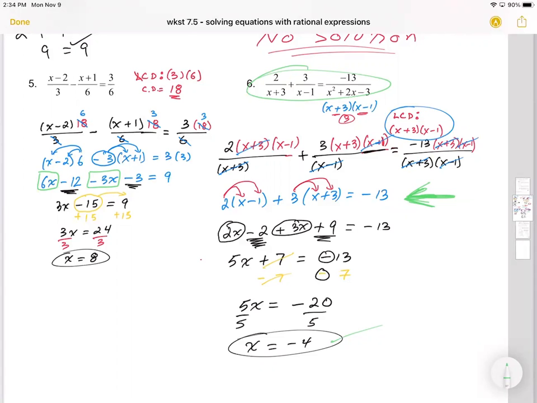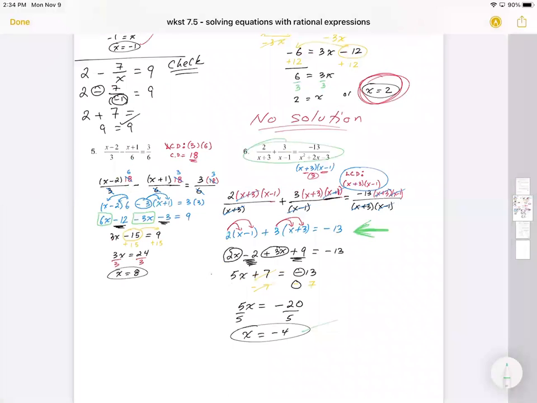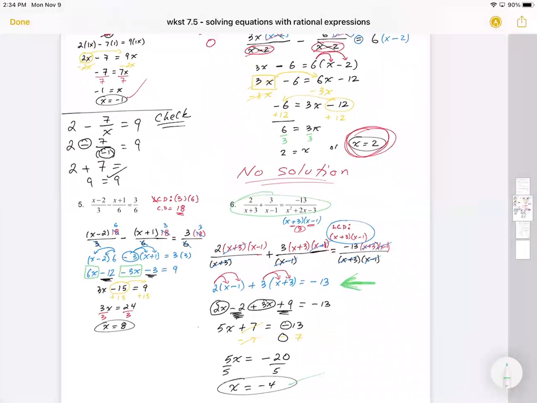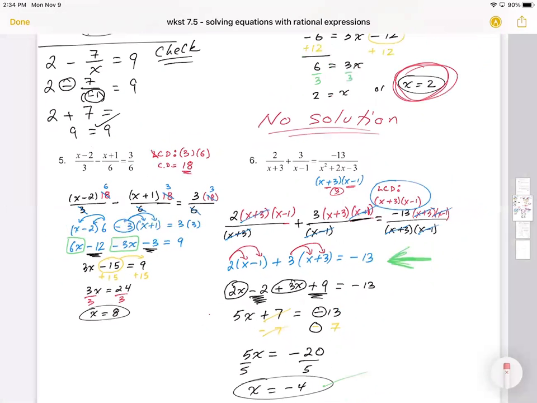Okay. So any questions, ladies and gentlemen, with problem number 5, number 6, or number 3, and number 4? If you don't have questions, like I mentioned earlier,